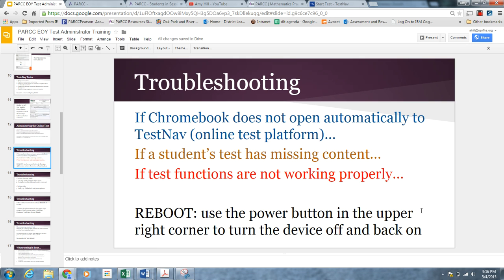You should try that same strategy if a student is working busily away and gets to a question and there's missing content on the test. We have seen that a couple of times. We've also seen a handful of instances where the test doesn't function the way it should. So there's a drag and drop, for example,